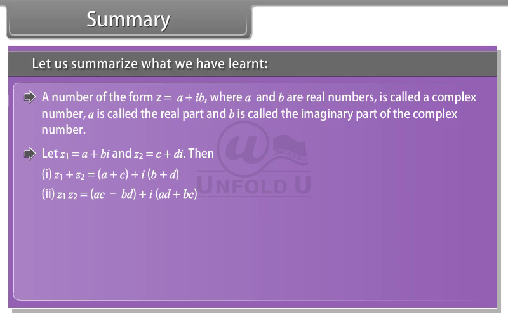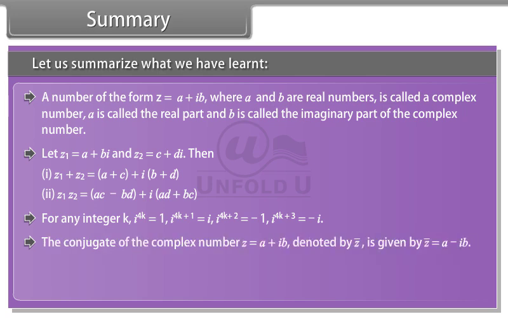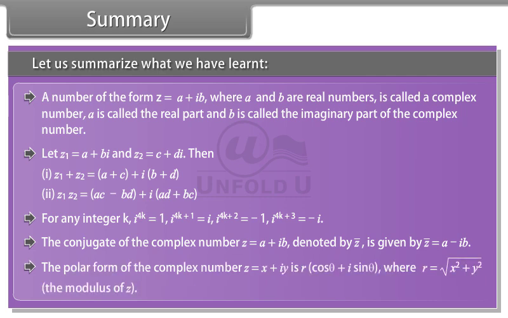Then, for any integer k, the conjugate of the complex number denoted by z bar is given by the polar form of the complex number is